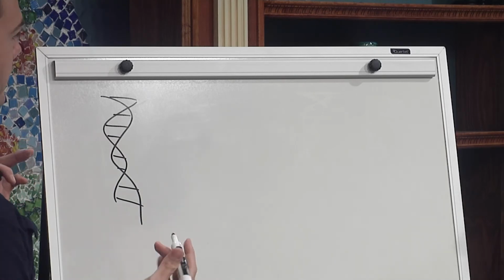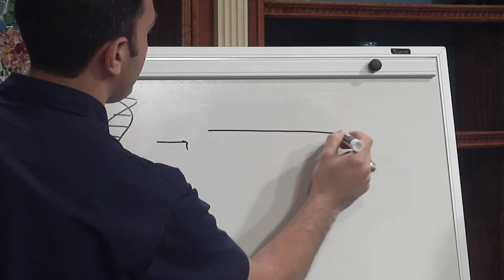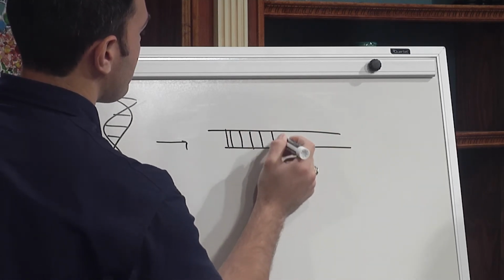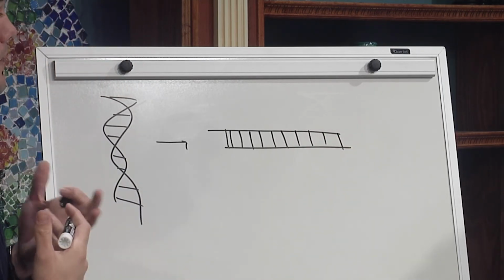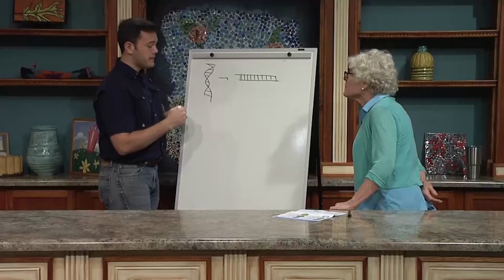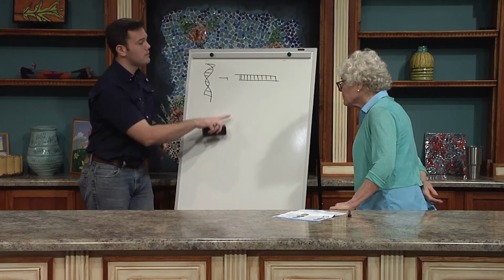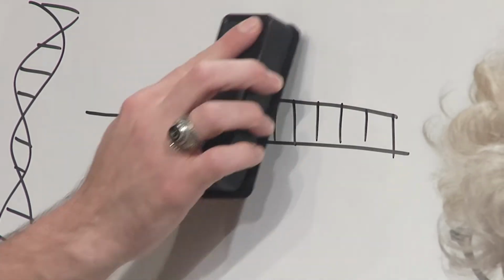But let's take that double helix and we're going to uncurl it for a minute, just so you can see. All right. And we're going to lay it on its side. So imagine you've got a stretch of DNA, and this contains your gene that you want to edit. With CRISPR, what I can do is I can come in to this DNA, I can tell CRISPR, I want you to go here, and I want you to create something called a double-stranded break. So CRISPR will come and break the DNA. Whoa.